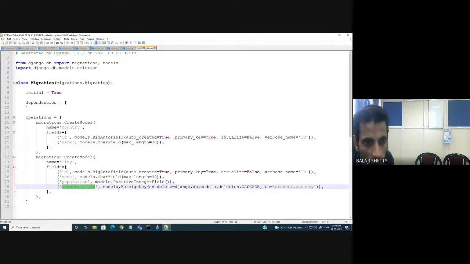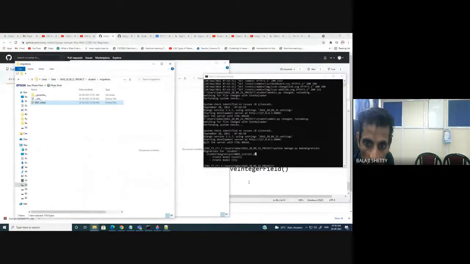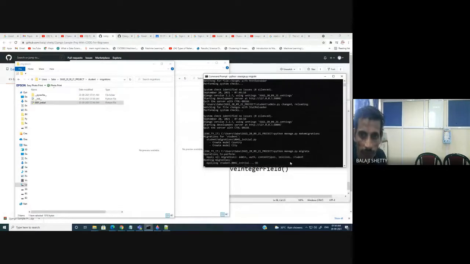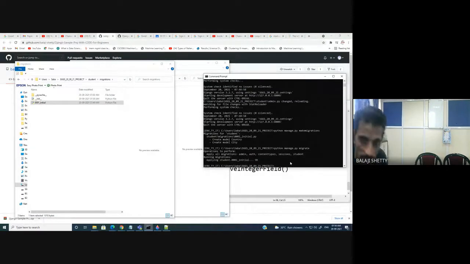Clear? What happened now? Did you understand this much? Okay. So here again makemigrations, migrate. Whenever you make some changes in the table, again run the commands makemigrations, migrate. Now run server.